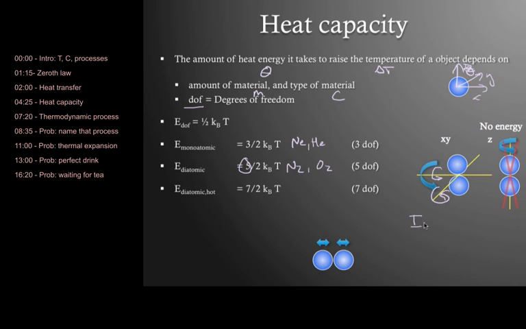So both of these have a moment of inertia of 2 times the mass of the oxygen or whatever, times r squared. You'll notice that we don't have 3 ways to rotate it, because if we rotate it this way, then our I is 0. So we can't store any energy this way. If we heat that diatomic gas really hot, then we open up 2 more degrees of freedom, and these are